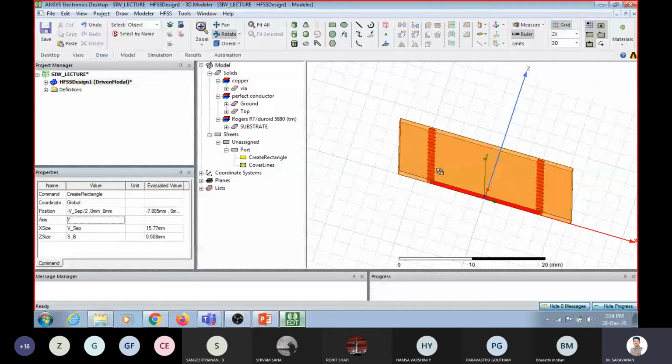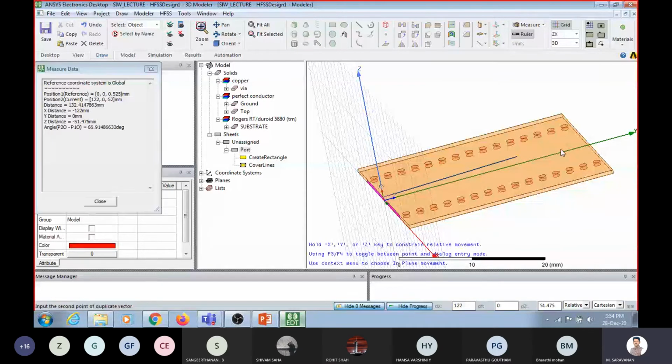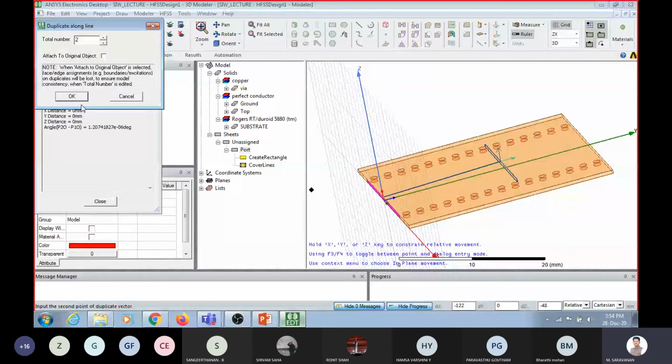Okay. So similarly, the same port has to be placed on the other side also. What can I do now? I simply duplicate it along line. I need only 2 copies. The first copy is a duplicate copy, the other copy is the original copy. So totally 2 copies I need.